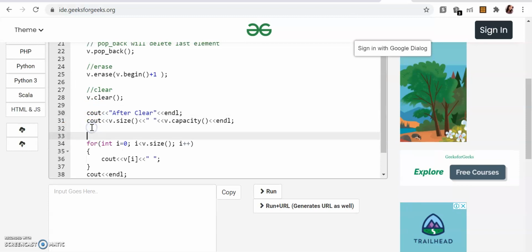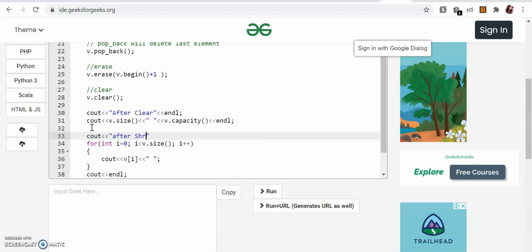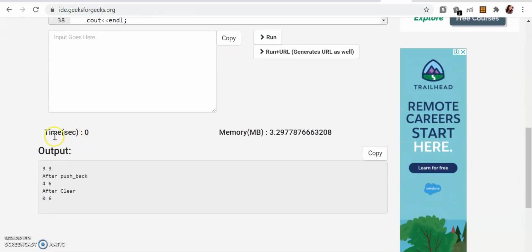So let's just try to add that after clear. In this case, all the elements are not there, so it should ideally reduce it to 0 capacity.